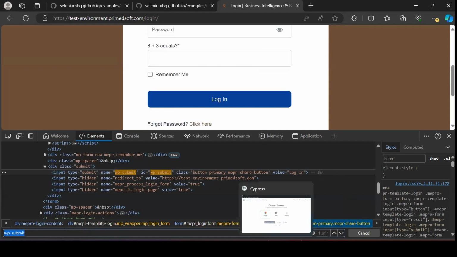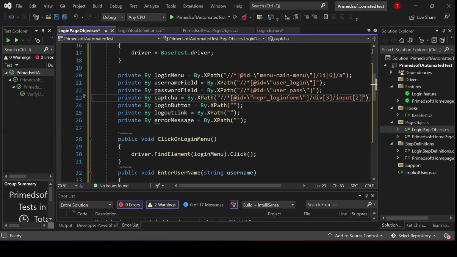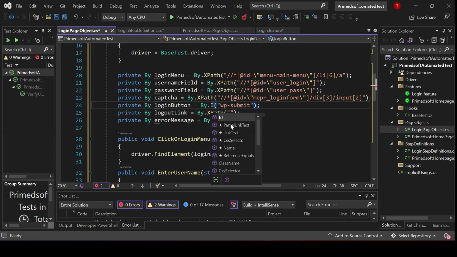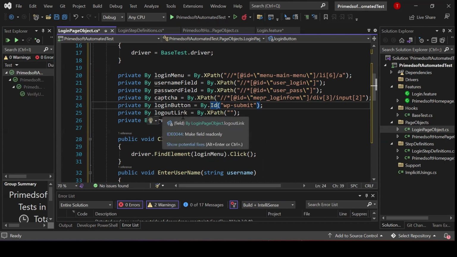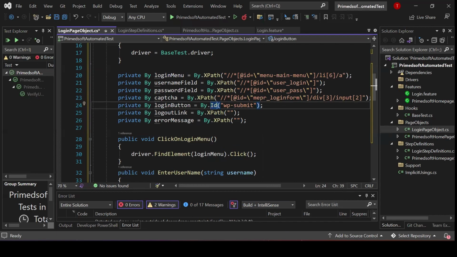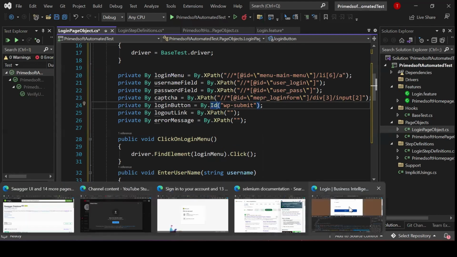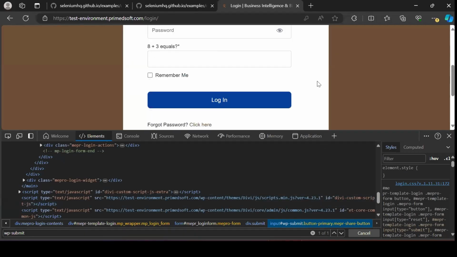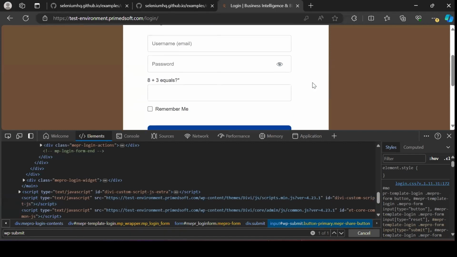Okay, then we can go to our test and then login button is going to be this. You can change it to ID. That's ID. Okay, so we would also get the logout. Okay, we'll get the logout. So if we log in successfully, let me go on here. If we log in successfully, we'll see the logout. Okay, so